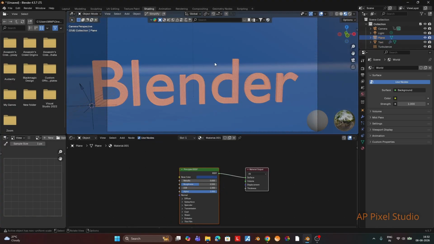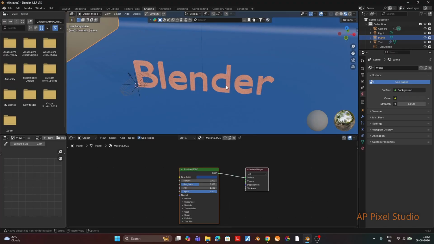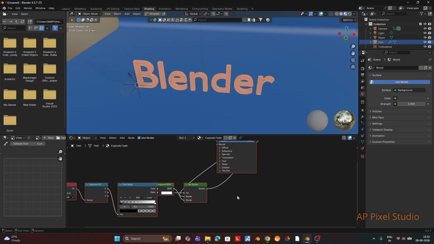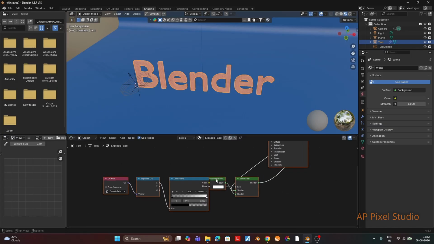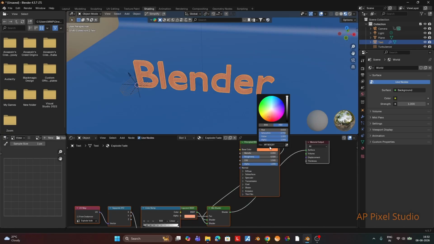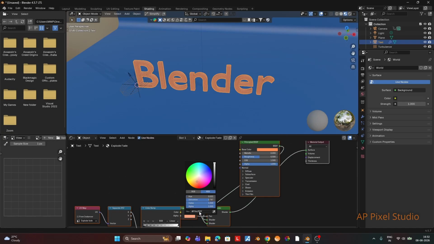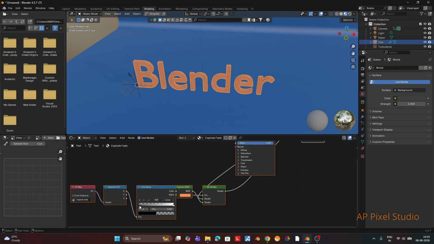And if we look, you can see some holes inside the word, so we'll check why. If you go to the explode material, we have a color ramp and everything, and that is creating those kinds of edges. If we change the color of that transparent BSDF, it's still not much, but we can keep the color the same. So we'll copy the hex from the main Principled and paste it here. And if you see, it's still there, so we will adjust the color ramp.